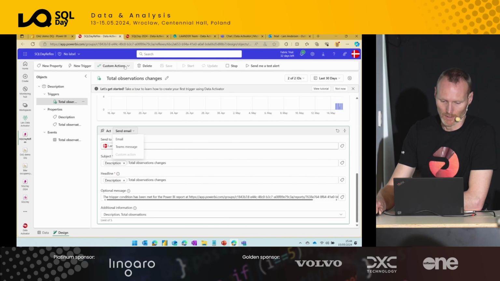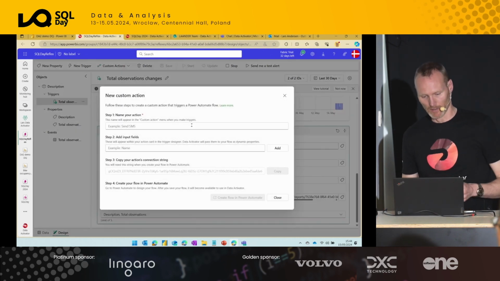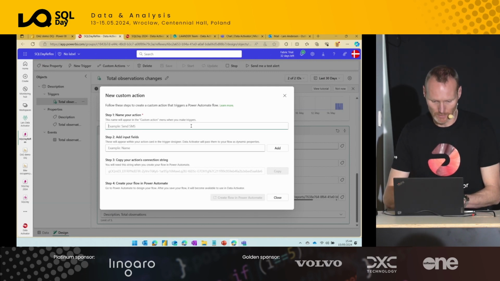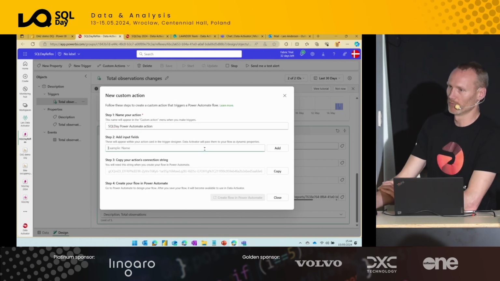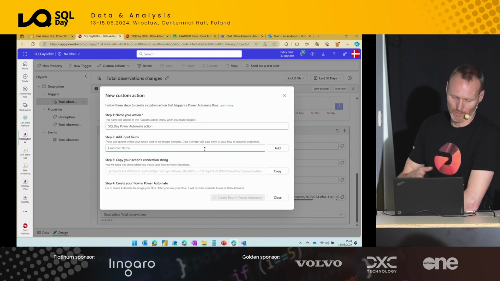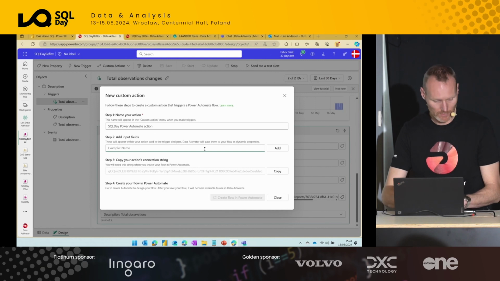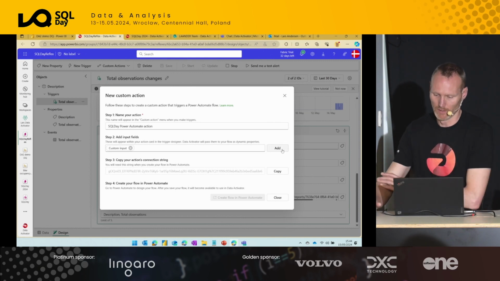And I do that by going up to custom actions and then say create. And this is where I start building it, so I can say this is a SQL Day Power Automate action. Then I can add some input fields. So if I have something coming from a property that I would like to add to something, then I can add this in here, and here I will call this custom input,